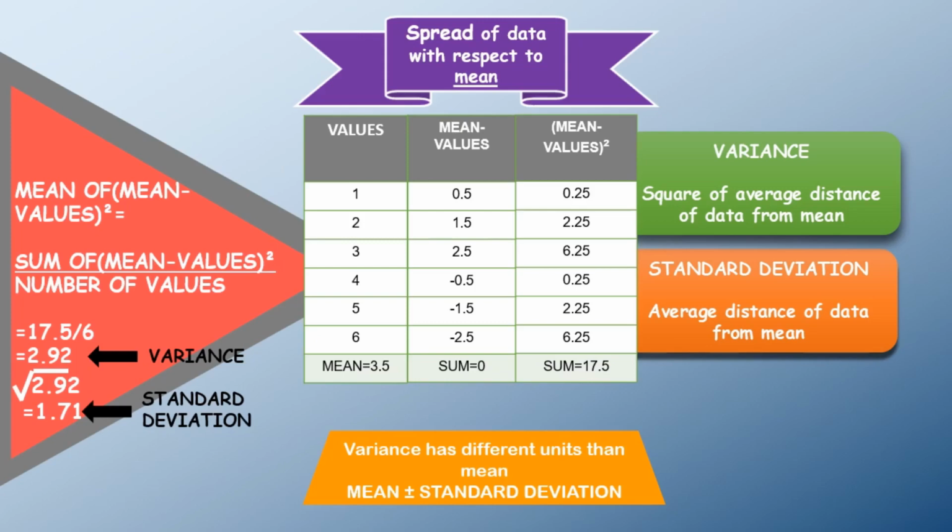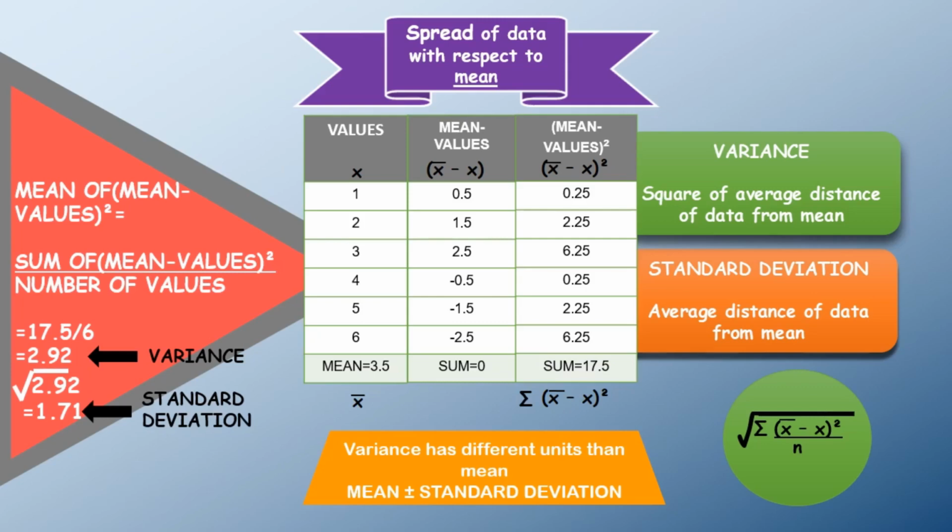Let's tackle the formula for standard deviation and variance. Suppose each value is denoted by x, then I can represent the mean by x with a bar. Then the mean minus value will be x bar minus x, and the square of these will be the square of x bar minus x. Then I will sum up the values. So let's add a summation sign with the square of x bar minus x, and then division by the number of values, that is n. This will be the variance and its square root will be the standard deviation.